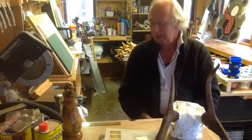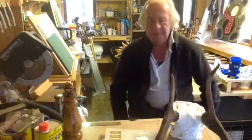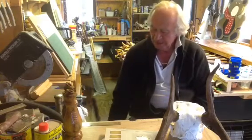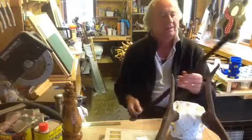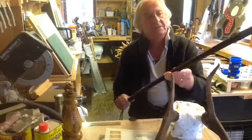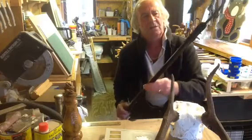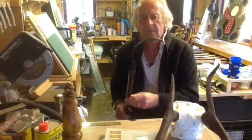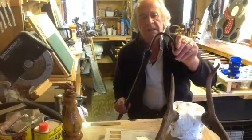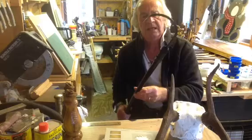I should have been working on this week, but I decided that I would play for the rest of the week, and I ended up making these. These are gaffs, fishing gaffs, poaching gaffs. We used them for poaching too. These are different ones. These have a harpoon head on, and I'm not going to say what they were particularly used for, but I've had the heads lying around for a long time,